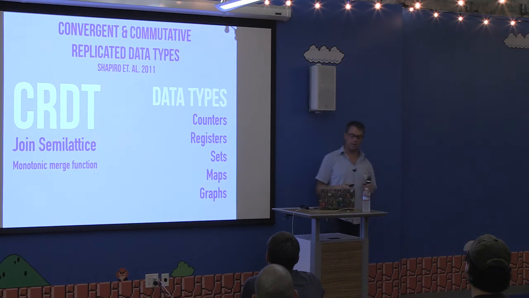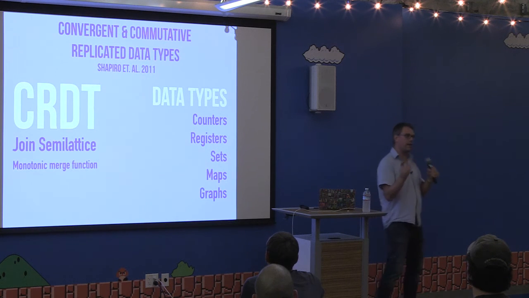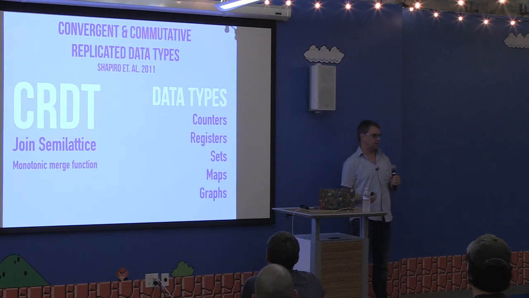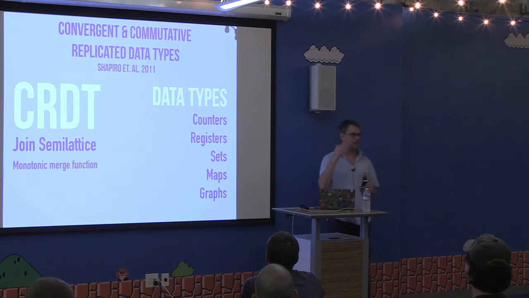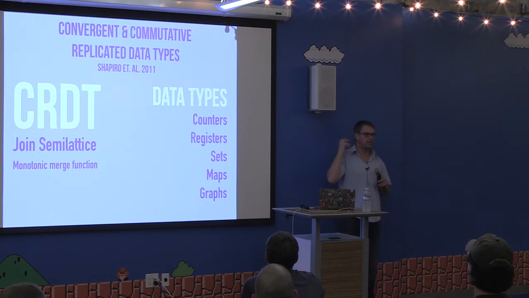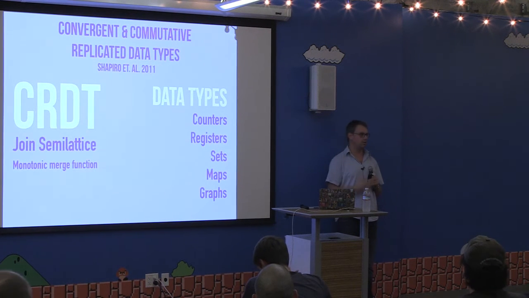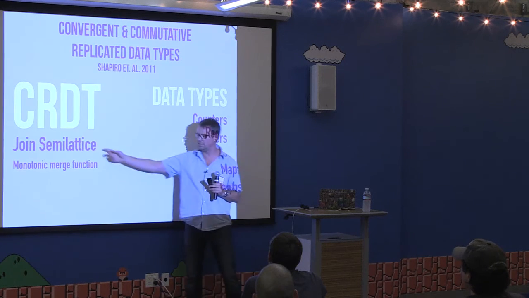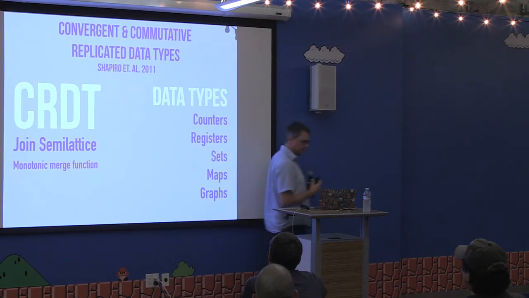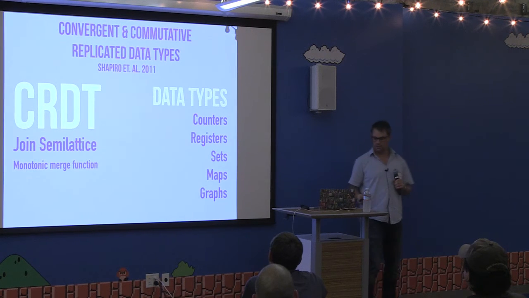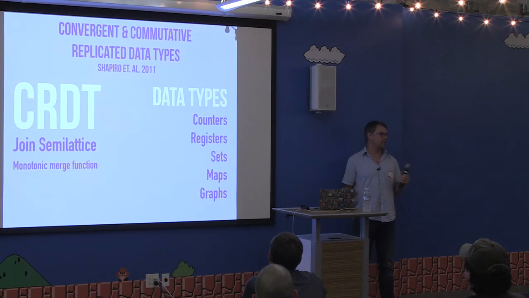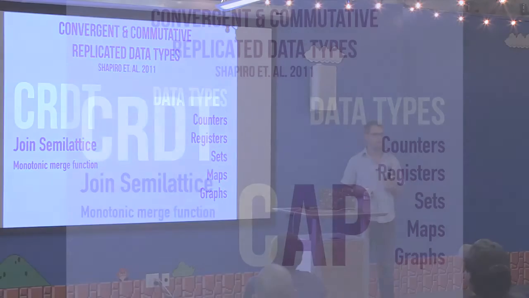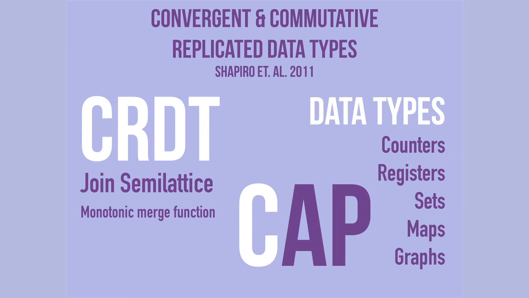Okay, so the question is, if you can model your data as a CRDT, which has some sort of properties that you need to hold. One is that they need to have a monotonically increasing merge function. In math, that means they need to be a join semi-lattice. I won't go into detail about that, but the paper is actually very approachable. I think it's very easy to understand, and it implements availability and partition tolerance.